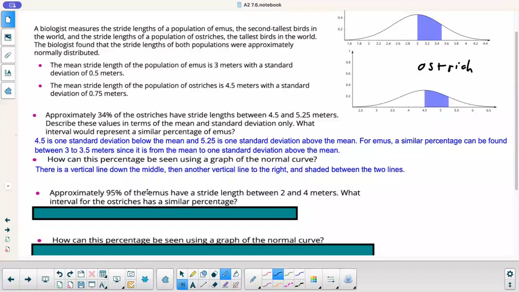Approximately 95% of the emus have a stride length between 2 and 4 meters. What interval for ostriches has a similar percentage? So if I go up, this goes from 3 to 3.5. It's almost like I'm going up to 4 here. That's another standard deviation. Okay, so I'm 2 standard deviations to the right. And then it'd be the same thing over here to the left. I'm going to go to 2.5 and then down to